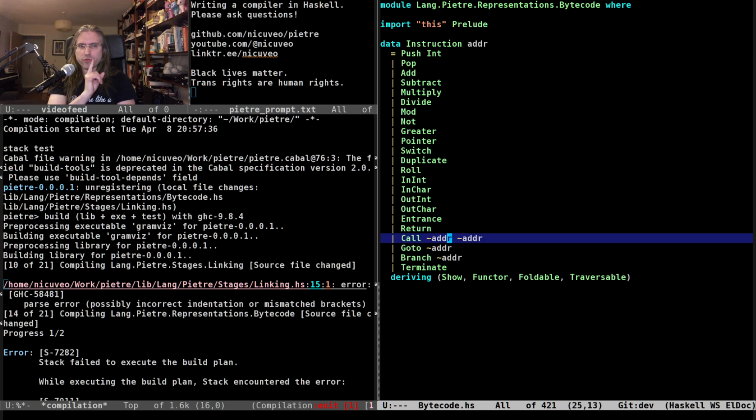But that's not true for the branch and the goto instructions. Those are going to some arbitrary place within the current function. And that means I need to know at that time what that address is. Therefore, that address must be different per...